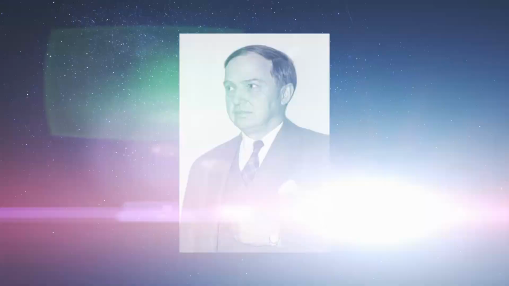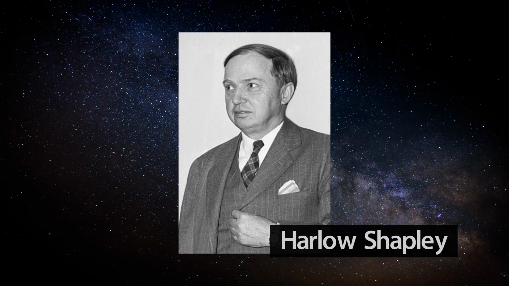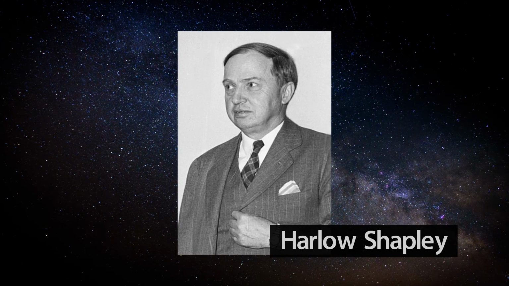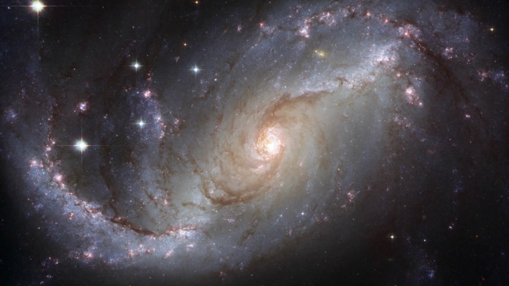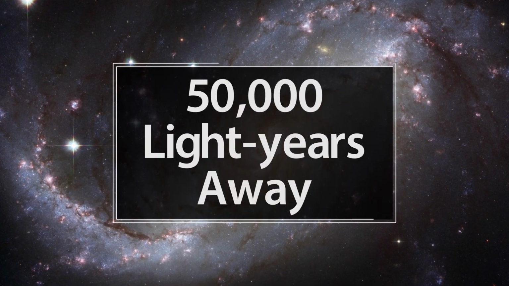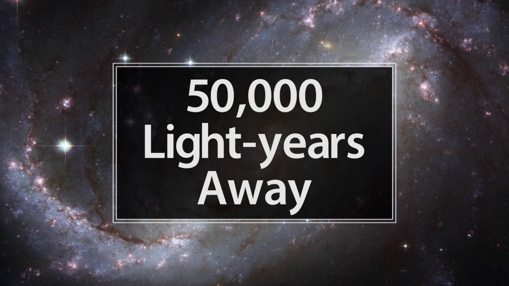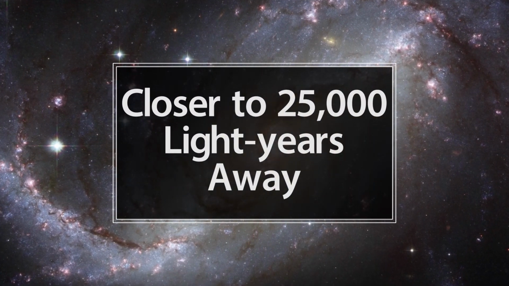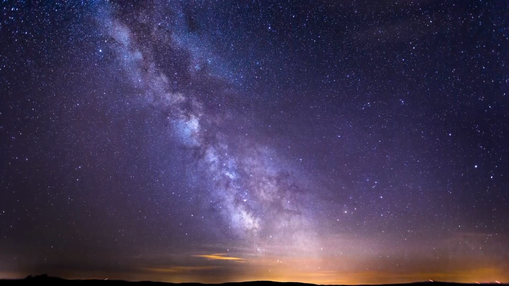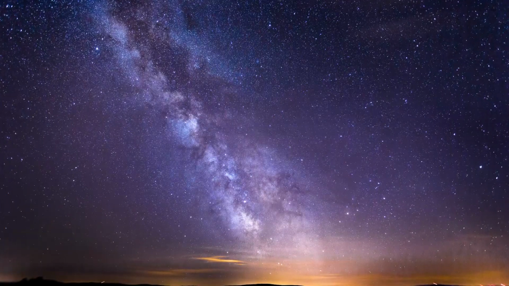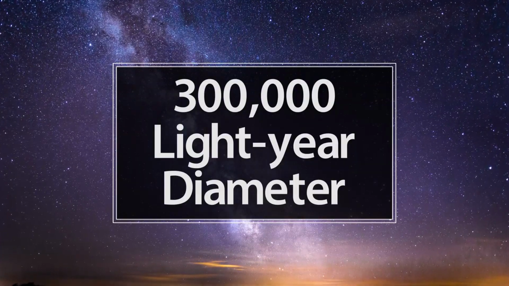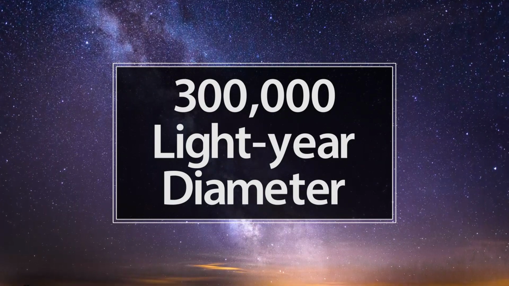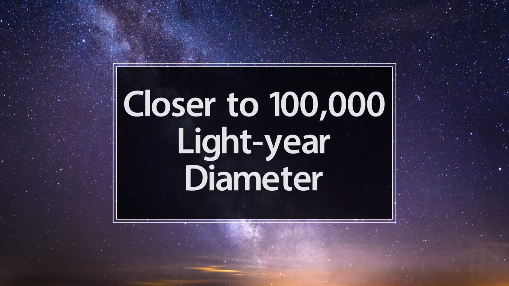After the necessary calibrations were completed on Cepheid variable stars, in 1920, astronomer Harlow Shapley, using Cepheids found in globular star clusters, was able to determine that the solar system is not at the center of the Milky Way galaxy, which, by his estimate, was located some 50,000 light-years away from us. We now know that it's closer to 25,000 light-years away. He would go on to use Henrietta's discovery to work out the dimensions of our home galaxy. He calculated that it had a diameter of some 300,000 light-years. With more refined data, we can now say that it's about 100,000 light-years wide.